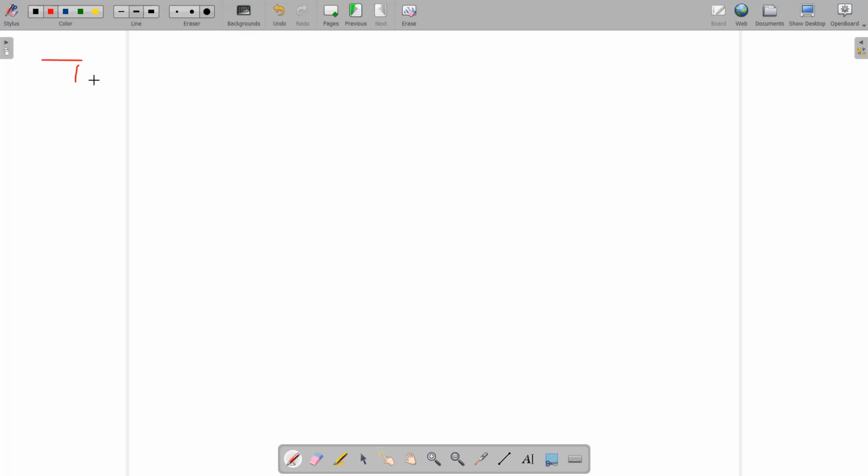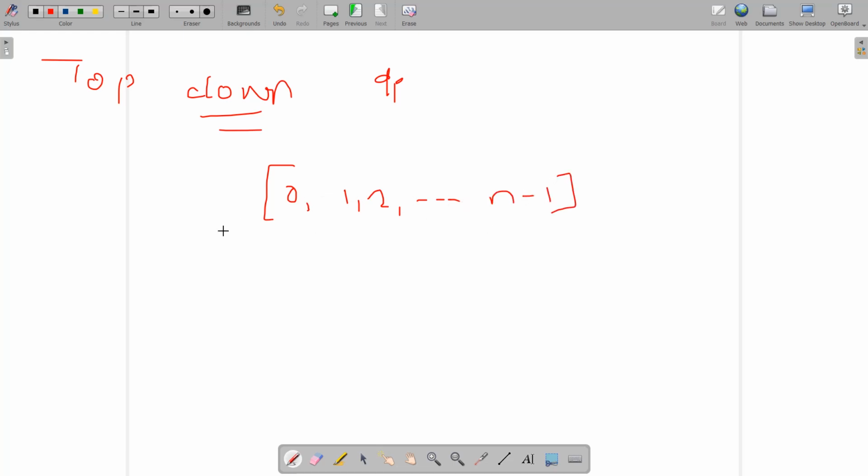So I'm now talking about the top-down approach to DP. Initially we have the array from 0, 1, 2 up to n minus 1. What I'm going to do is find the sum of this entire array from 0 to n minus 1, because if you focus on this one, suppose we have some certain segment